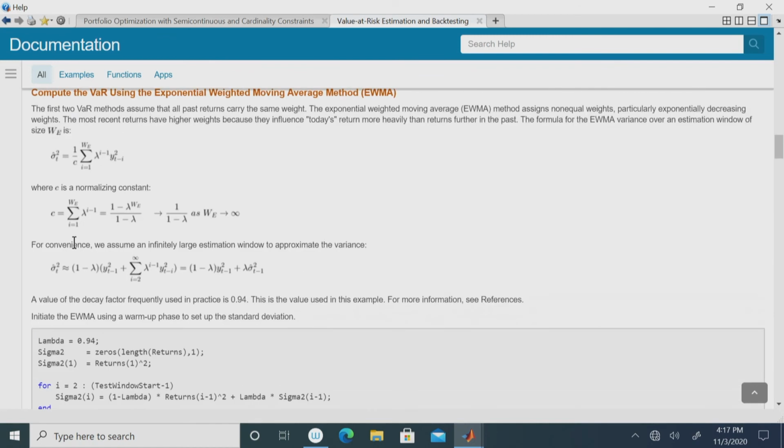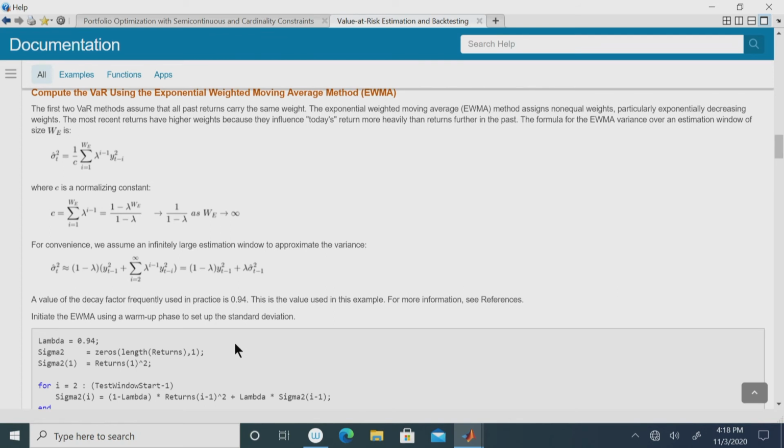If you observe carefully, this estimate sigma hat squared can then be approximated by a recursive relation: 1 minus lambda times y of t minus 1 squared, plus lambda times sigma hat of t minus 1 squared. So, you start off with a certain sigma hat estimate, and then you can recursively generate all subsequent sigma hat t. For example, you use sigma hat at t minus 1 and y at t minus 1 to estimate the value at t, and likewise once you have estimated the value at t,